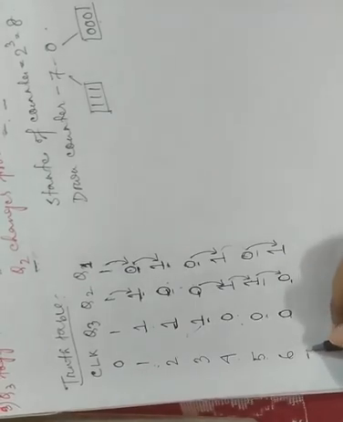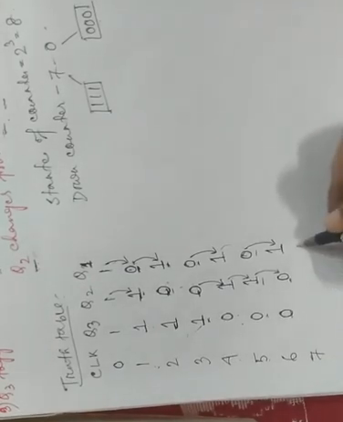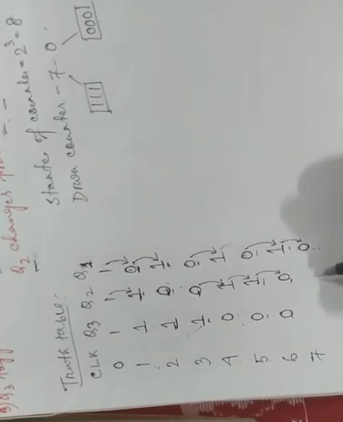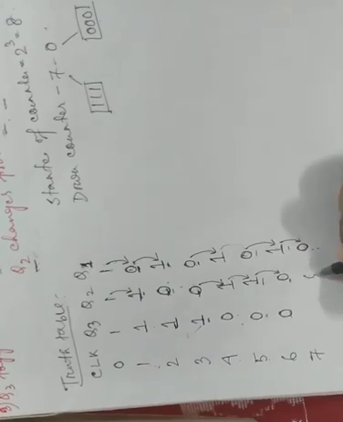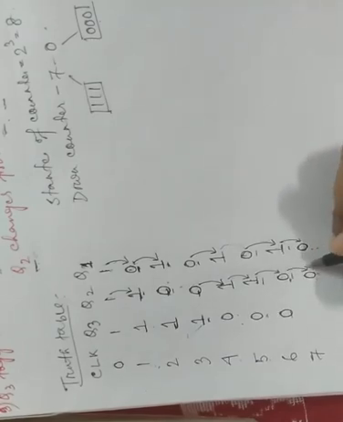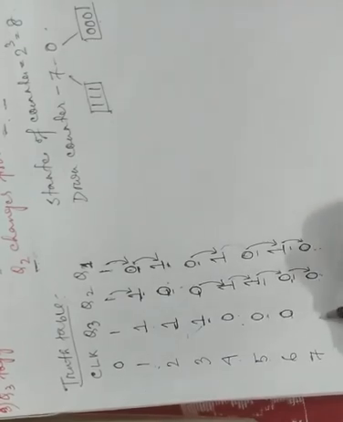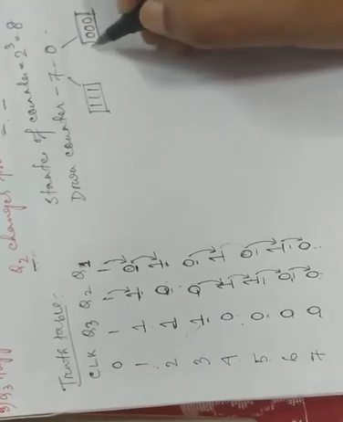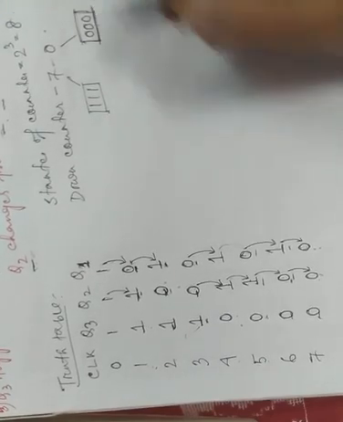Now in the 7th clock pulse, the first flip-flop will always change. So Q1 was previously 1, now it is 0. As it changes from 1 to 0, Q2 will not change. So the Q2 value will also be 0, as it stored its previous value. And as Q2 changes from 0 to 0, Q3 also does not change; it stores its previous value. Okay, so you see here we have already reached our last state.